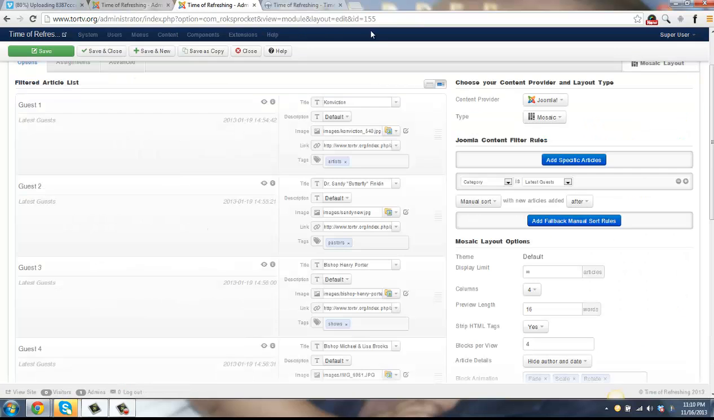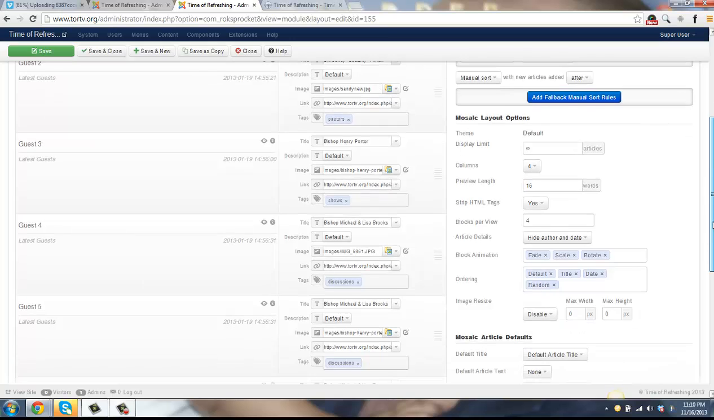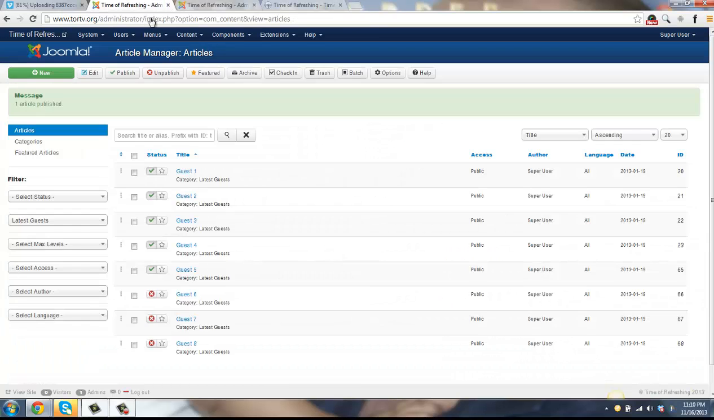Okay, and you'll see here that in the options on the right hand side, this particular module pulls from the category latest guests. We see guest 1, guest 2, all the way down to guest 8. Now if we were to go in and create a new article, or copy this article,